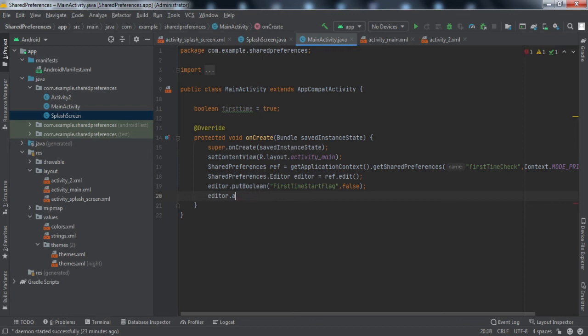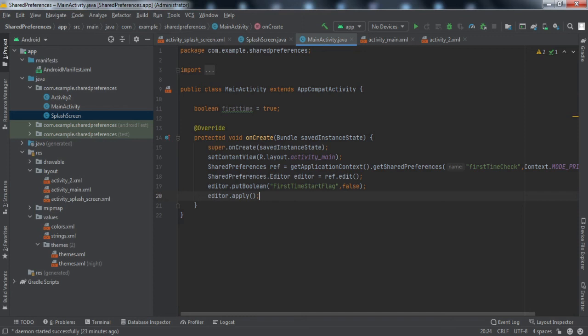But if you call commit, then it will first update the data in this running cycle only. So make sure you use it wisely. Use the commit function if you want the data to be updated to the device first, and then anything else should happen. But if you are not very worried, then you can simply call apply, right? So this will asynchronously update the data.